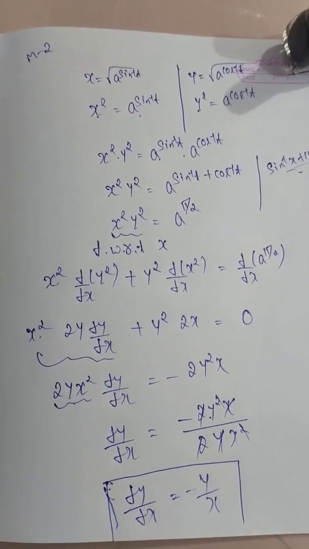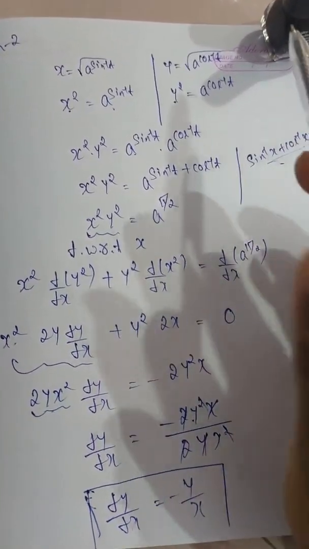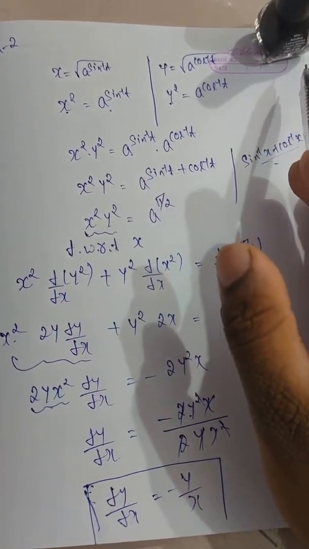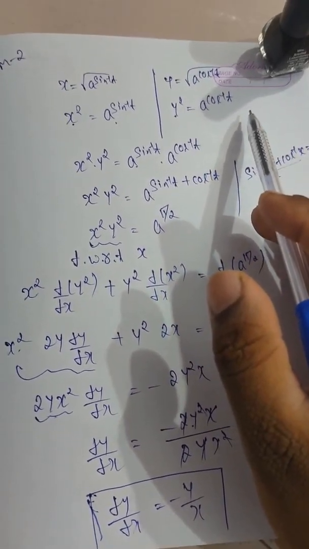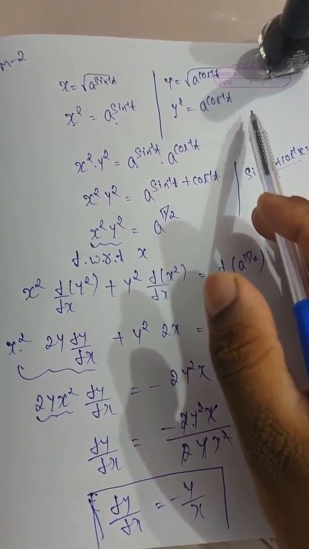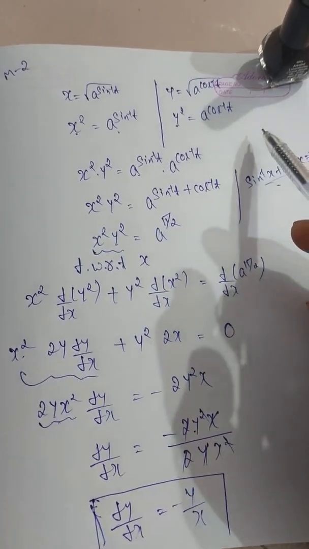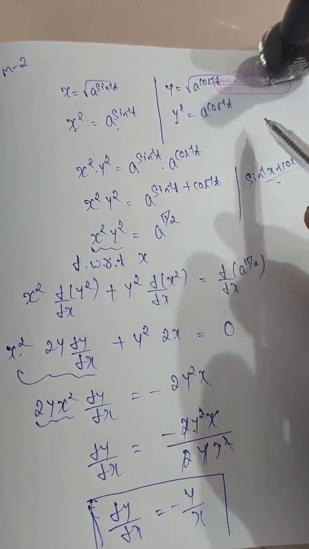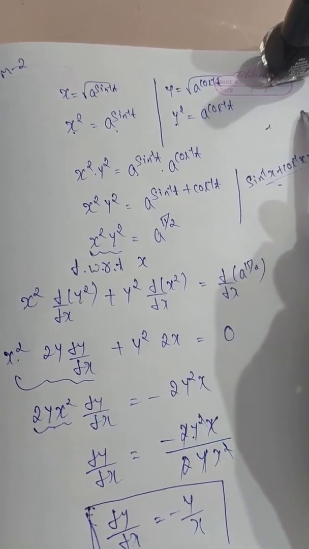Now once again I am repeating the method 2 problem. Now listen here, it is a very easy and simple problem in method 2. If you feel it is difficult in method 1, I also feel method 1 is very difficult. So I am suggesting you people to solve this problem by using method 2.